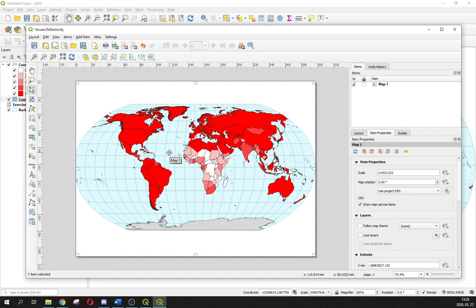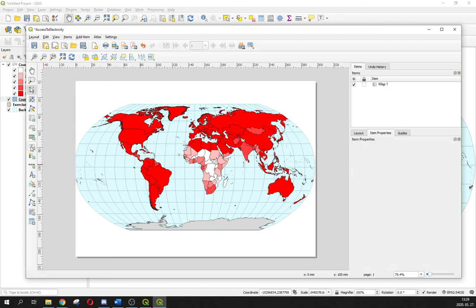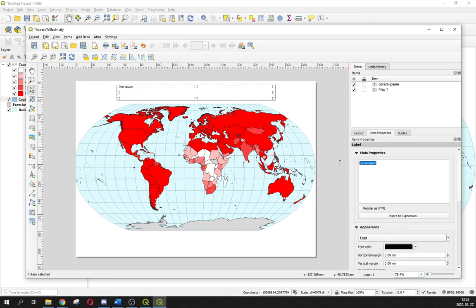and you have to put the necessary map elements to the map: the title, the legend, the editor name, the date, the projection, and the data source. In this case, we can create a title with that button, adds a new label to the layout, and make a frame, and write the title of the map: accessibility to electricity by country